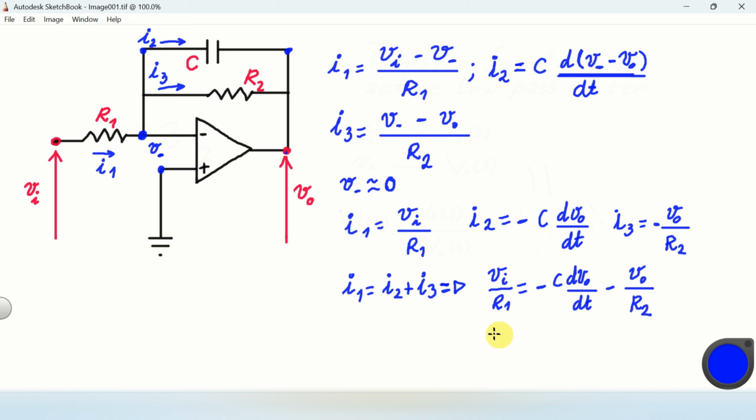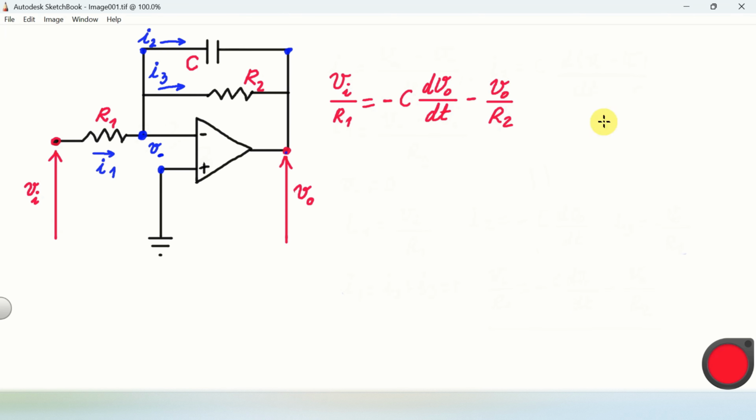And that's it. This is the differential equation describing the dynamics of this circuit. And this differential equation will be the starting point for the development of our transfer function. Here's our equation once again. This is the differential equation describing the dynamics of this circuit, and let's apply the Laplace transform to this equation